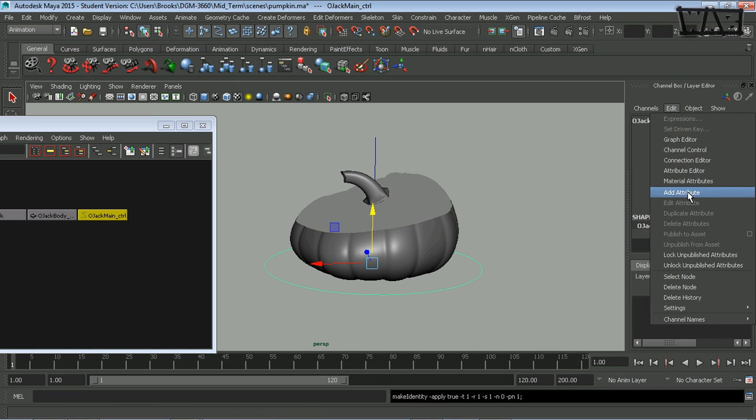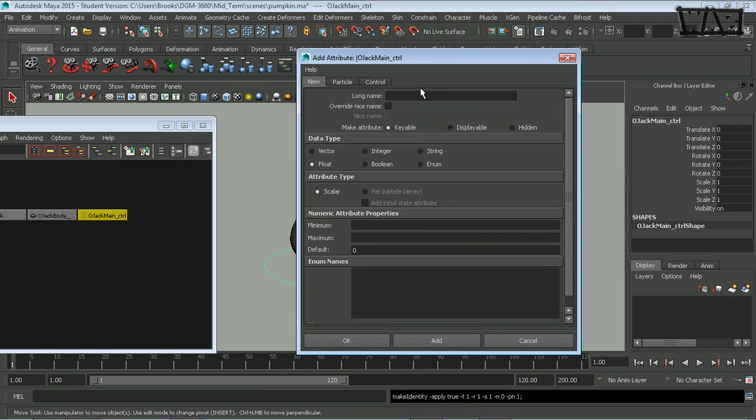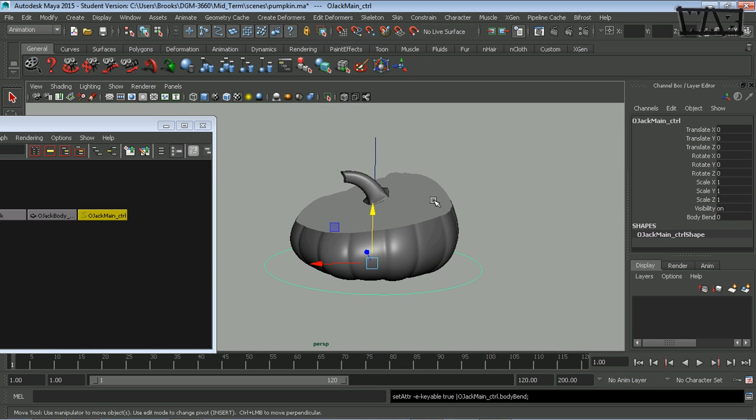So, from the channel box is the easiest way to do it. You go edit, add attribute, and this is going to be the bend, the body bend. I need to be specific because there's a good chance that we're going to have multiple bends on this single control. So I'm going to say a minimum of -10, maximum of 10 with the default of 0, and click OK. Okay, so now that I have that,